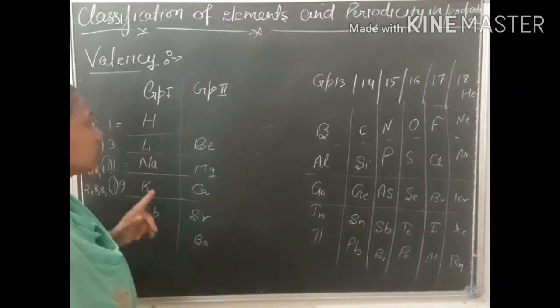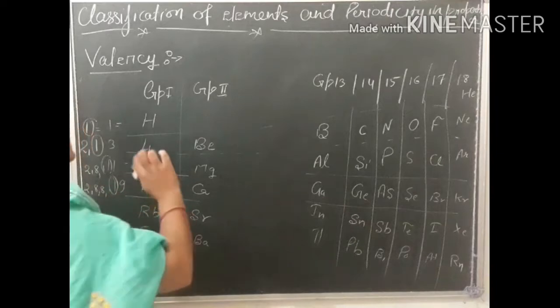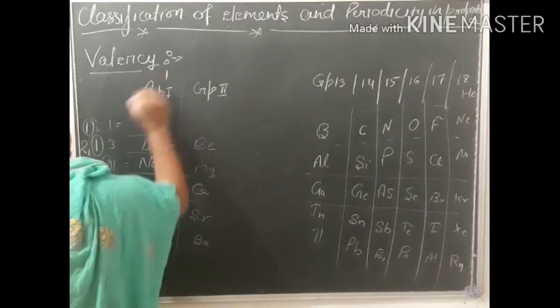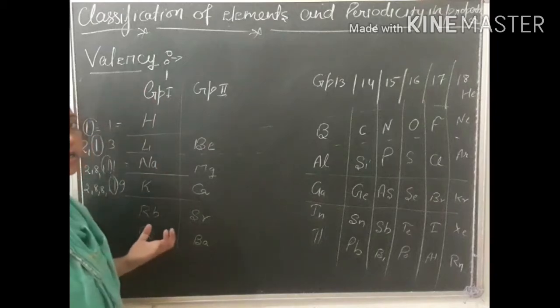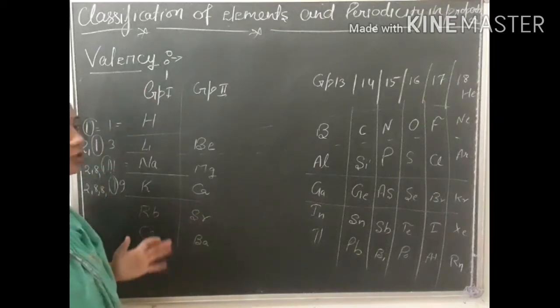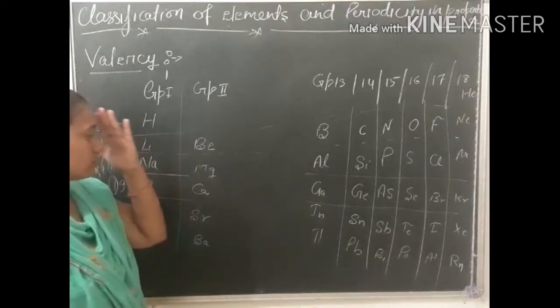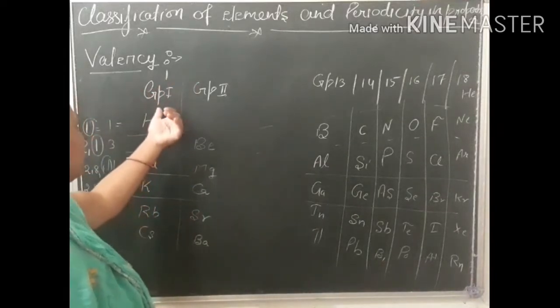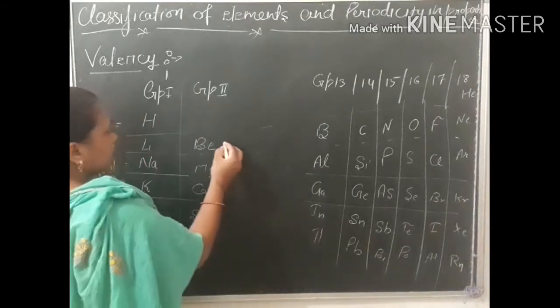Group first loses only 1 electron to acquire noble electronic configuration, so its valency is 1. And if we talk about the group, the valency in a group remains the same. But in the case of periods,